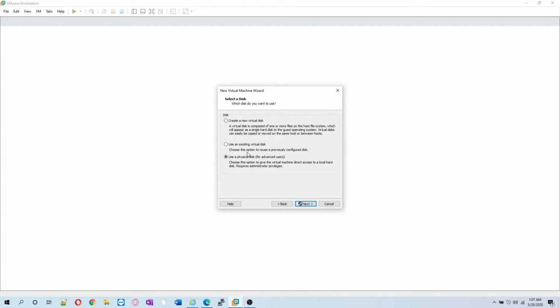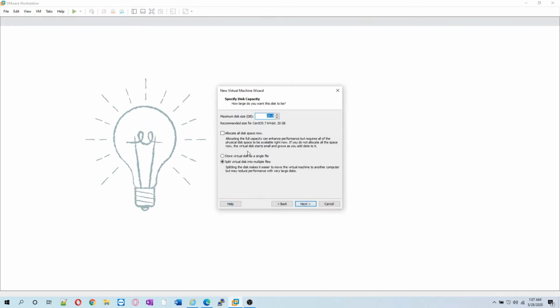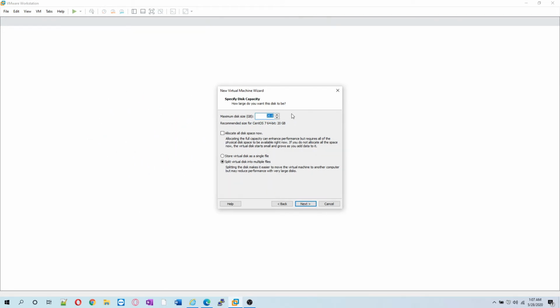Since we are creating a virtual machine, and virtual disks are easily expandable, they are really flexible, and we can move them around in runtime. So I will create a virtual disk, and I do prefer virtual disks over physical disks. This is a lab environment, so 20 gigs is more than enough. We assign it 20 gigs, and if you select allocate this disk space now, what does it actually do?